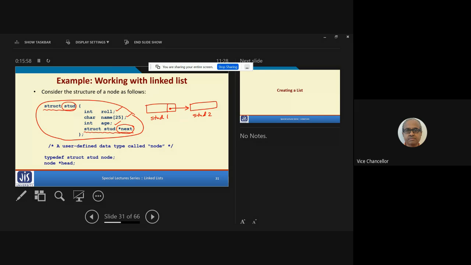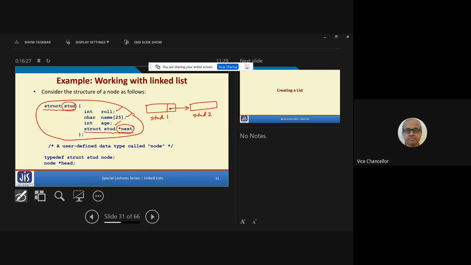Now, as I said, in the previous example that we had taken, we had considered a very simple example with 3 nodes. But now we are trying to make our program general. There can be 10 nodes, 100 nodes, 1000 nodes, any number. Okay. So first thing is that we had already declared a structure of type stud.